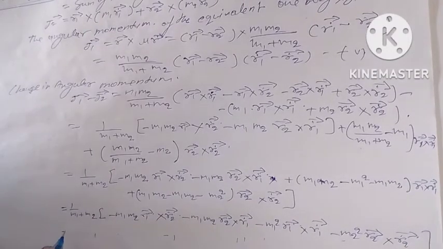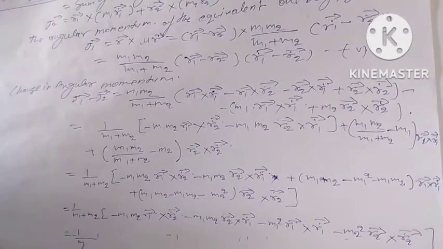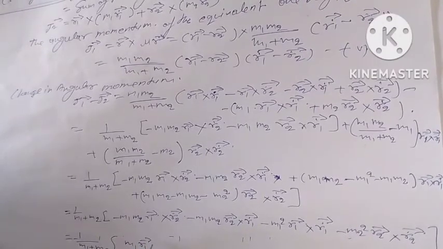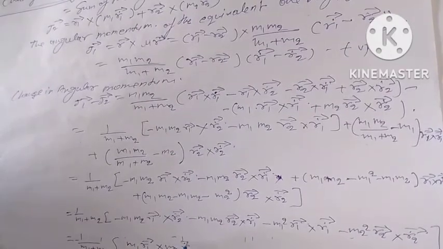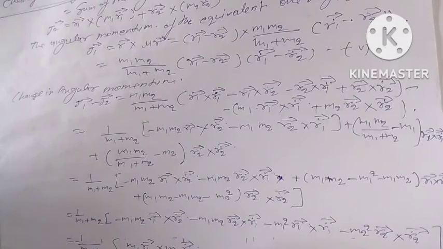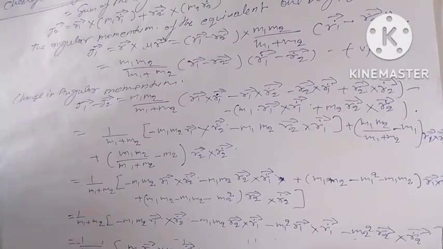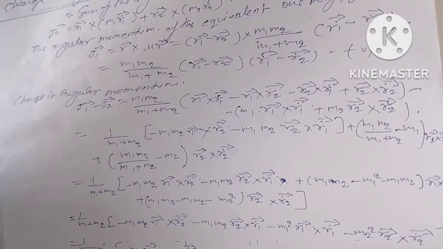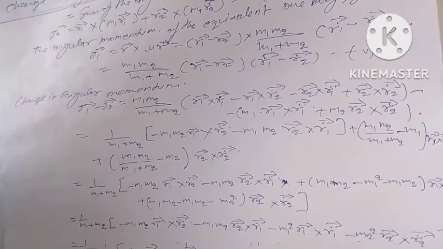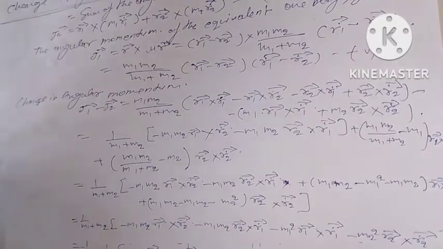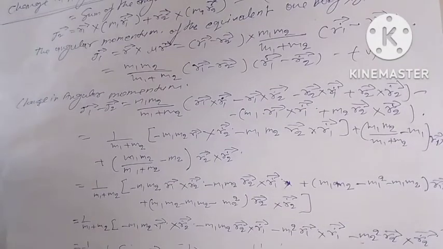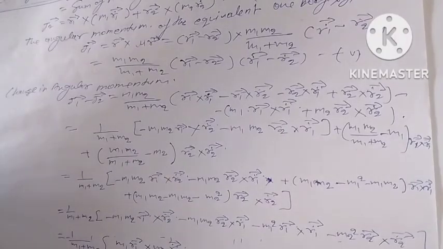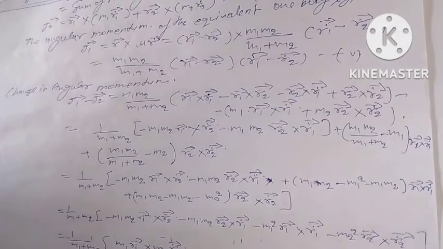So this value is minus 1 upon M1 plus M2 M1 R1 vector cross M2 derivative of R2 vector plus M2 R2 vector cross M1 derivative of R1 vector plus M1 R1 vector cross M1 derivative of R1 vector plus M2 R2 vector cross M2 derivative of R2 vector, bracket is closed, whole equal to